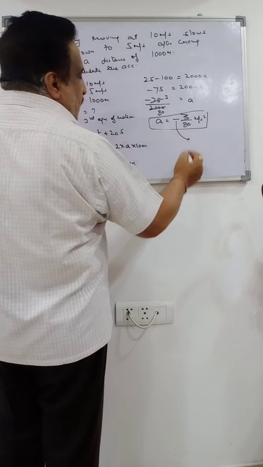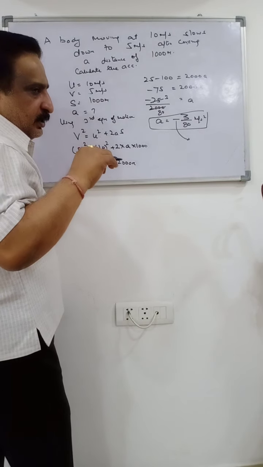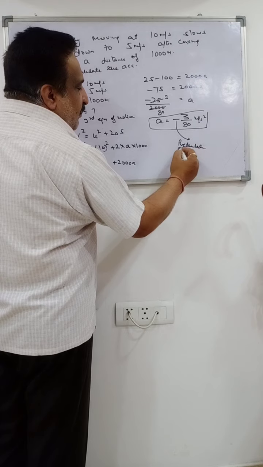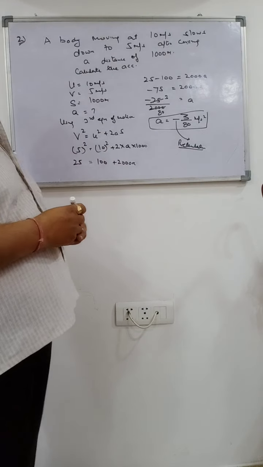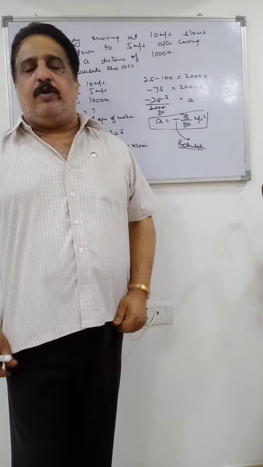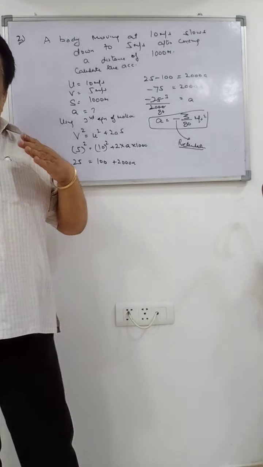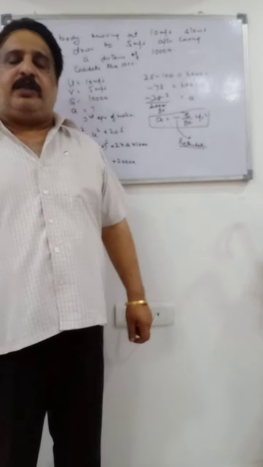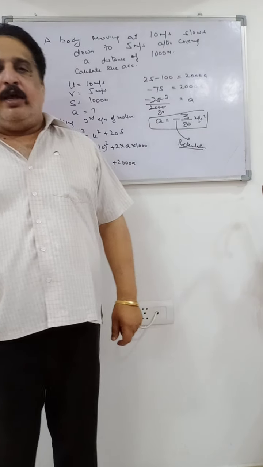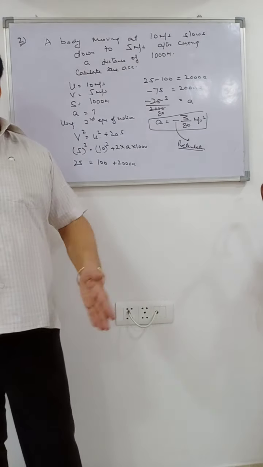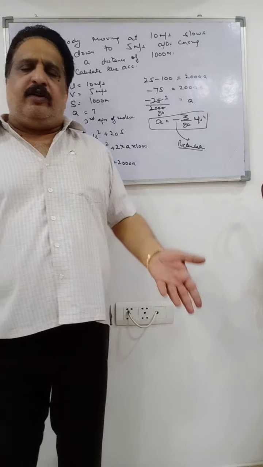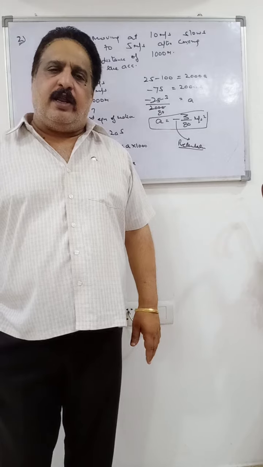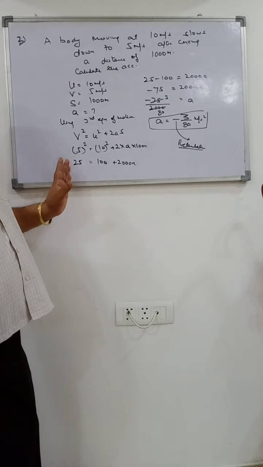What does the minus sign indicate? It indicates that the velocity is decreasing. So this is retardation. Negative acceleration is called retardation, which is attained by the application of brakes, due to which the velocity of the body decreases. So negative acceleration of minus 3 by 80 meter per second square. If you write acceleration, it is minus 3 by 80. If you write retardation, it will be 3 by 80. Retardation itself contains the negative sign. Is that clear? So this is an important question.